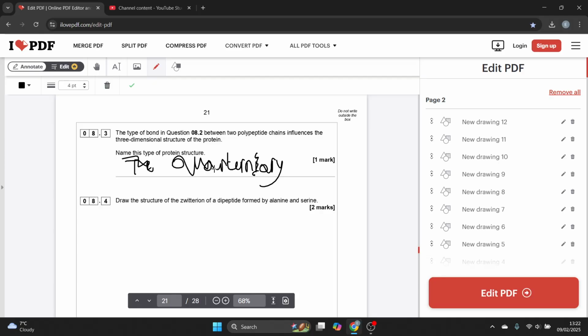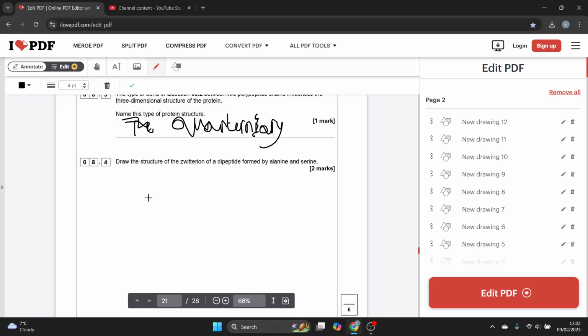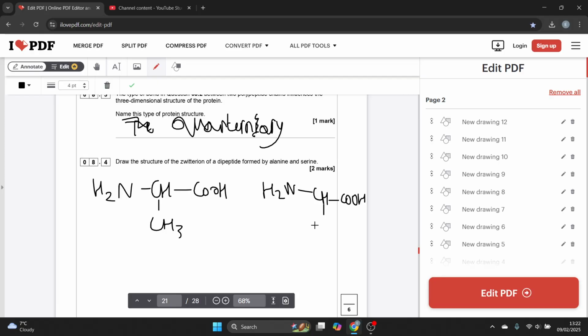Then it says draw the structure of the Zwitter ion of a dipeptide formed by alanine and serine. So alanine is H2N CH CH3. Serine is, or serine, whatever you want to say, H2N CH CH2OH. Now what's going to happen is this and the hydrogen from here bonds to form your water molecule, and